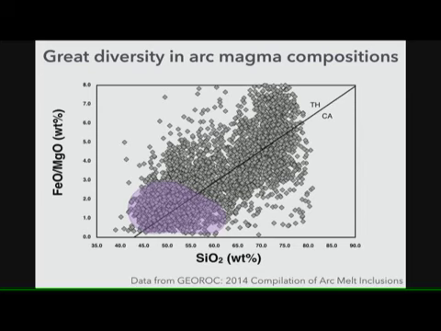When you melt the mantle, and you have a melt that is still in equilibrium with the mantle, we call that a primary melt. But in reality, there's no way for a melt like that to make it to the surface without something happening to it. So everything that we actually